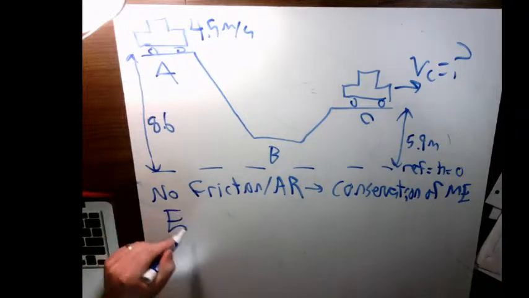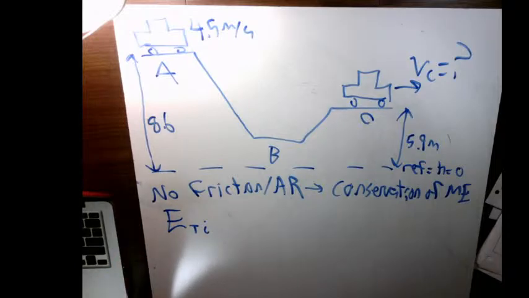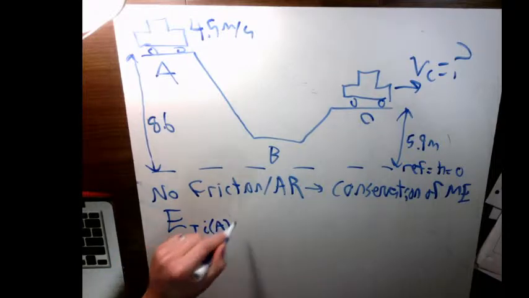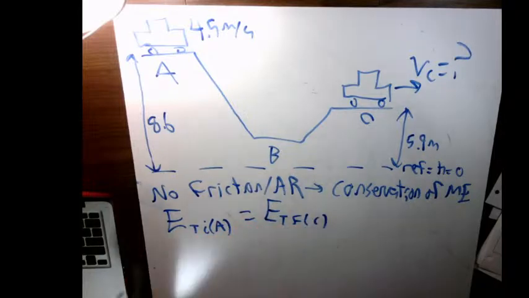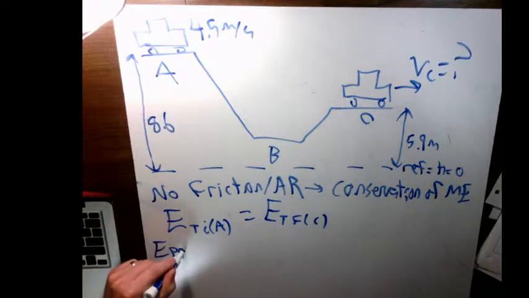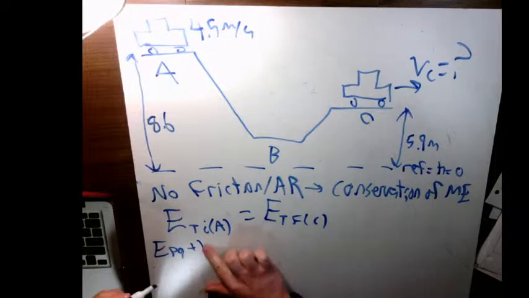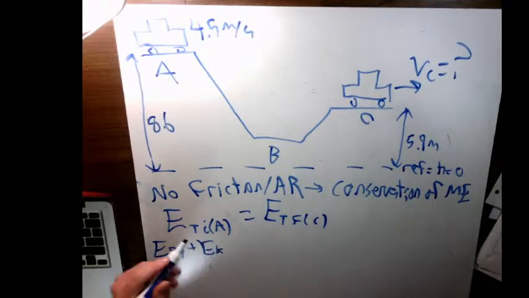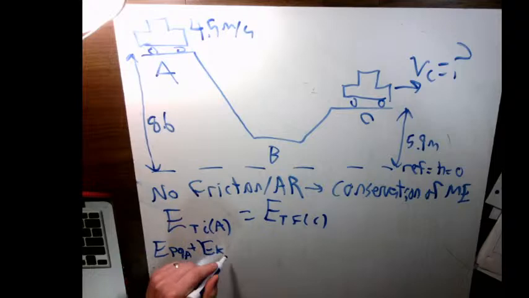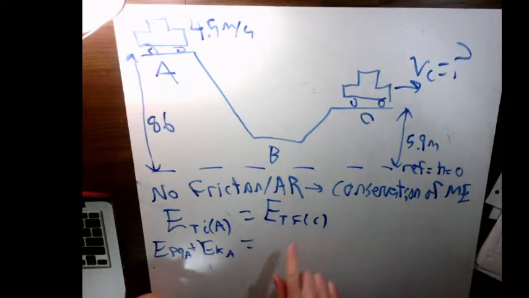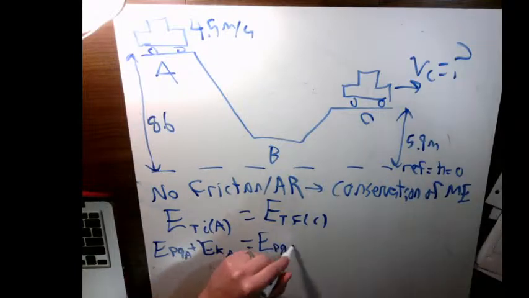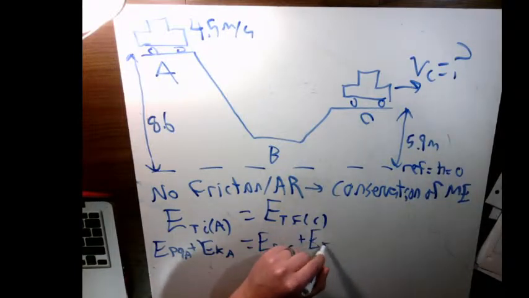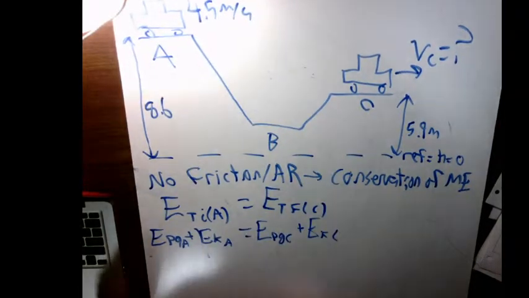We have our total initial, or I guess that would be at A, equaling our total mechanical energy final, which will be at C. So at A, we have gravitational and we have kinetic. And again at C, we also have some potential, we have some height, and we have some kinetic. So we're going to have to solve for everything that we have enough information for